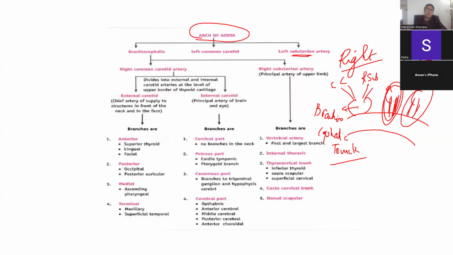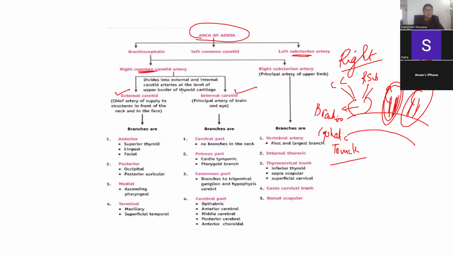This is a very important concept to understand and learn, how the common carotid on the right side starts and how the common carotid on the left side starts. On my left side, if I see the arch of aorta, the common carotid is arising directly, whereas on the right side, it is arising from the brachiocephalic trunk. Now, after arising, the common carotid artery divides into external and internal carotid, as you know,